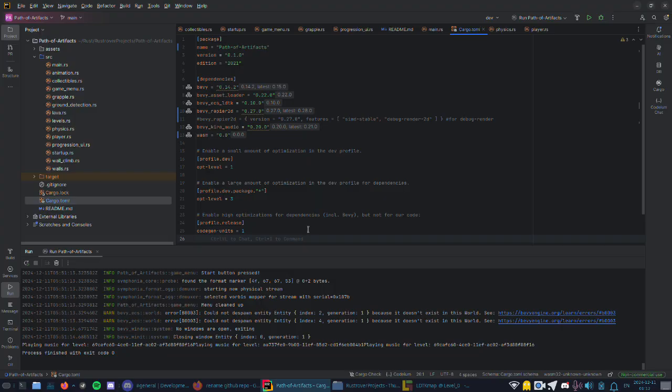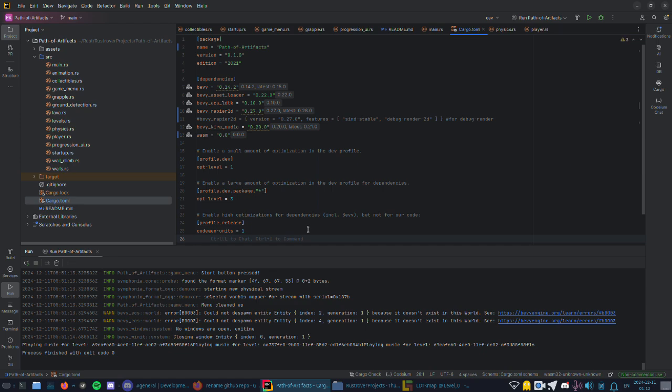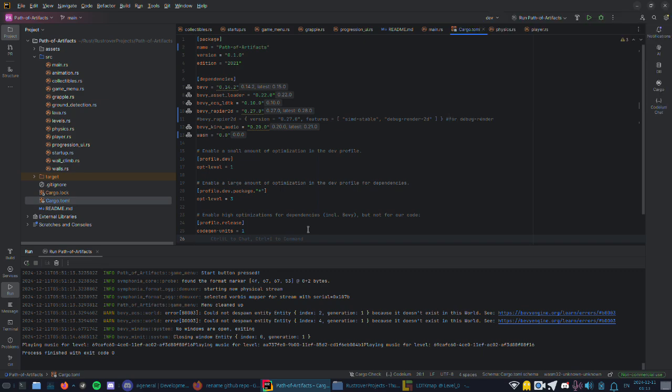For this game, we decided to use Rust as our primary programming language because Rust is high performance and it's memory safe, which is great for game development. Along with Rust, we use the Bevy game engine built for Rust, which is a relatively new game engine that has a lot of useful features such as asset loading and audio implementation that allowed us to add images and